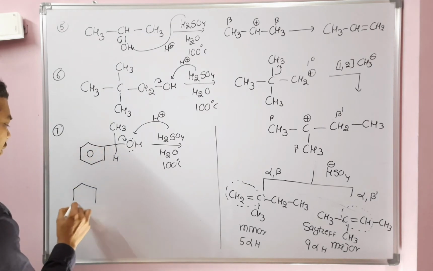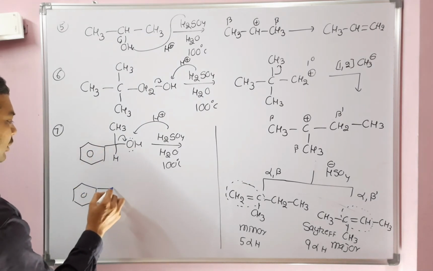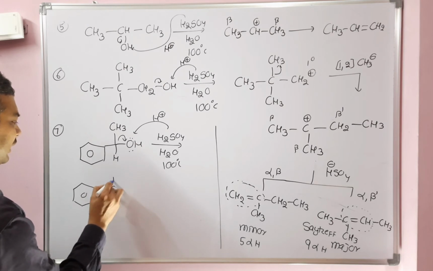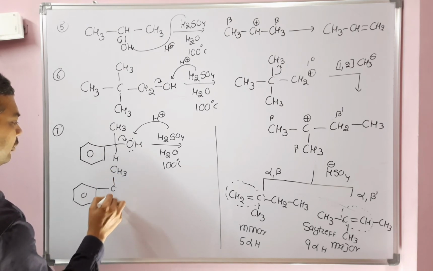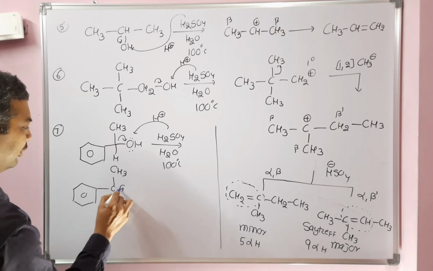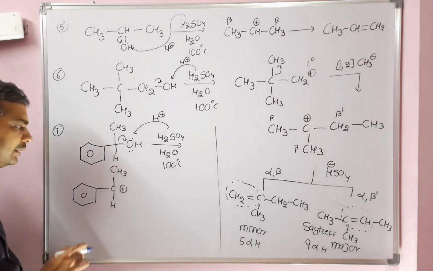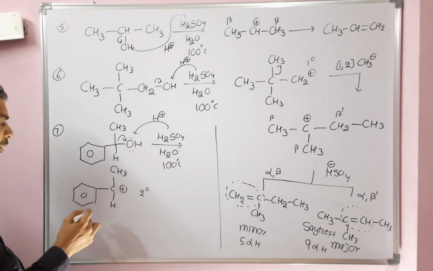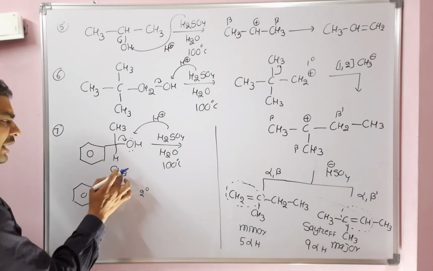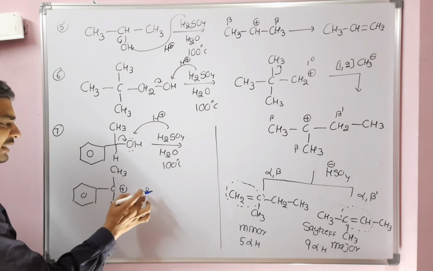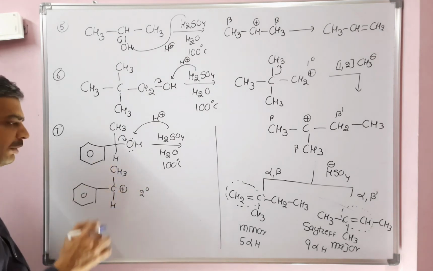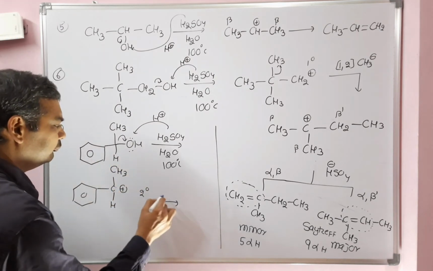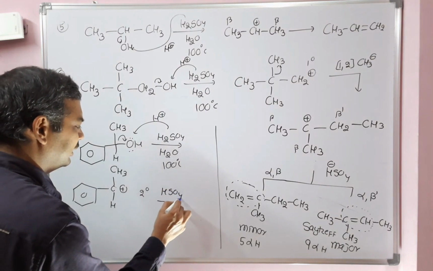I will write the carbocation directly. We have discussed this several times. So CH3, hydrogen and a positive charge here. Now this is already a secondary carbocation. So a shift will not take place here. Why? Because here there is no hydrogen. Here hydrogen is there, but it would convert secondary to primary. It is not preferred. The second step, HSO4 minus will abstract a proton.